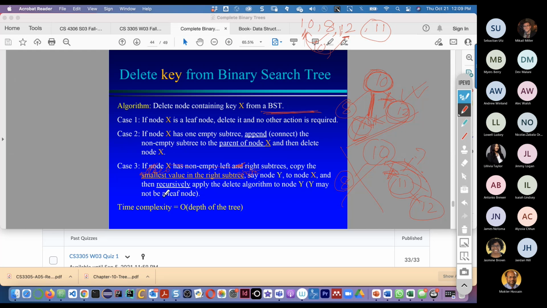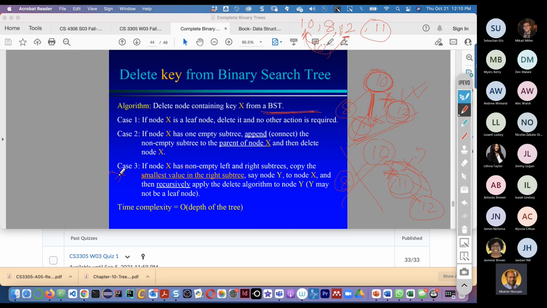And then another case, if X has non-empty left and right subtrees, then you need to remember this one.